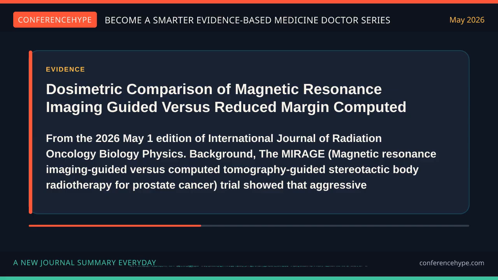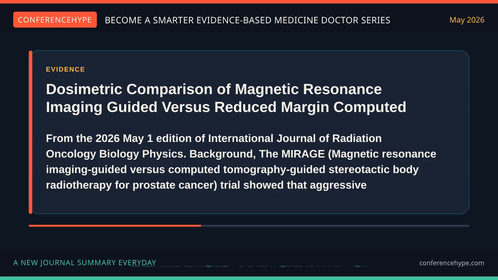From the 2026 May 1 edition of International Journal of Radiation Oncology Biology Physics. Background: the MIRAGE trial, magnetic resonance imaging-guided versus computed tomography-guided stereotactic body radiotherapy for prostate cancer. Trials showed that aggressive planning target volume margin reduction, achieved by leveraging the advanced image guidance of magnetic resonance imaging-guided radiation therapy, led to lower toxicity after stereotactic body radiation therapy to the prostate compared with computed tomography-guided SBRT with